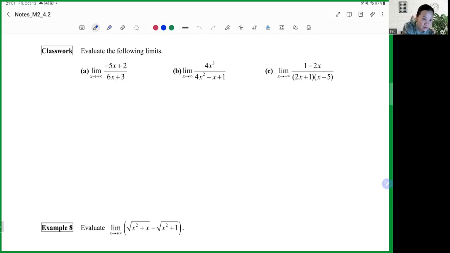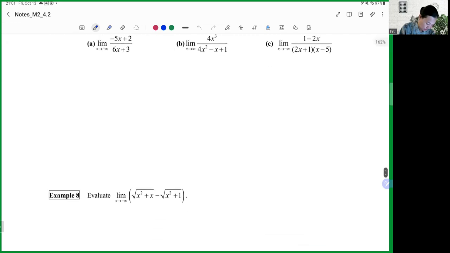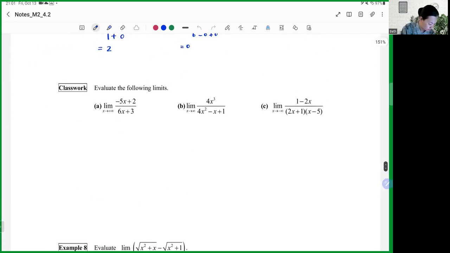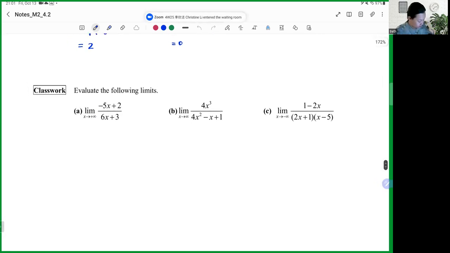Now, first, I'll jog your memory by showing you the classwork again. Classwork. This is page 9. Part A. To save time, I won't copy the question anymore. Okay? So this is equal to